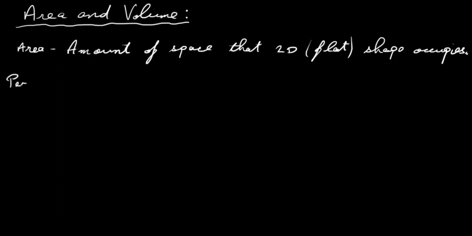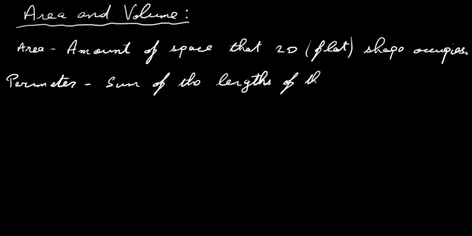The perimeter then is just the sum of the lengths. It's the sum of the lengths of the sides. So in other words, you find the lengths of each of the sides and just add them up. That's simply it. Okay, so the first thing we're going to have a look at anyway is just the shape